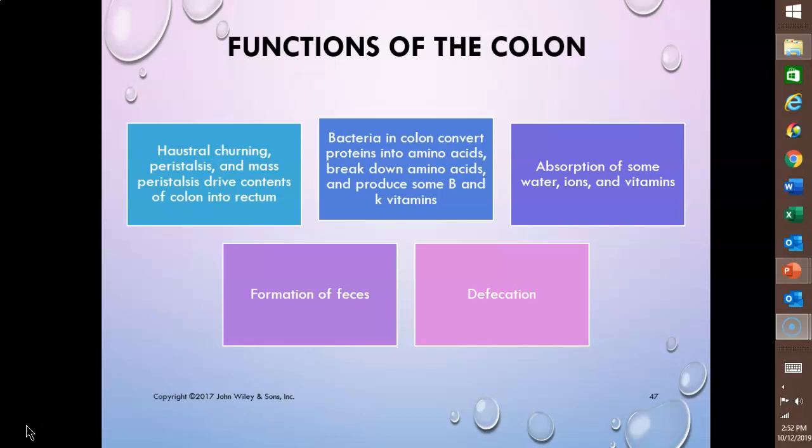Chyme is prepared for elimination by the bacteria, and they're going to ferment any remaining carbohydrates, and when they do, they release hydrogen and carbon dioxide and methane gases, and these gases contribute to flatulence in the colon when it becomes excessive. And of course, when we pass gas, it is the odors from this that cause the smell of